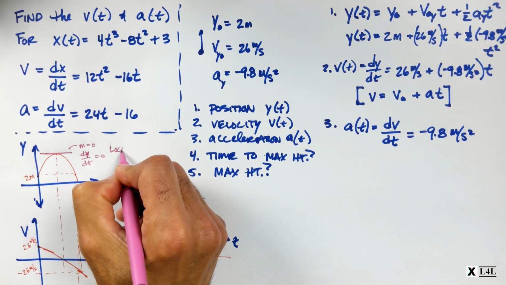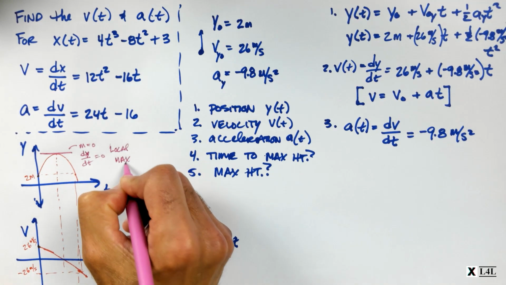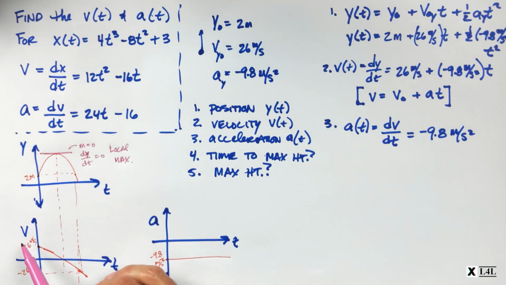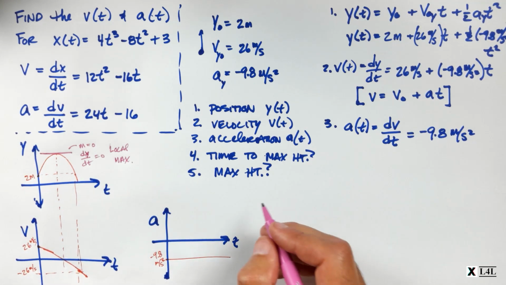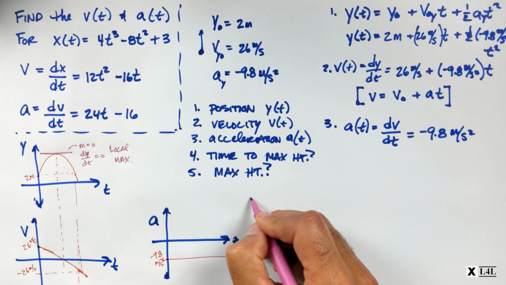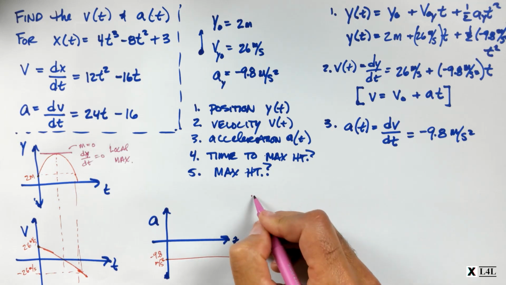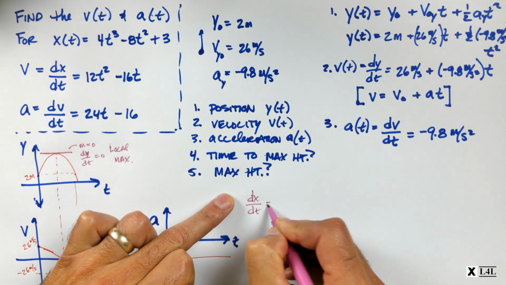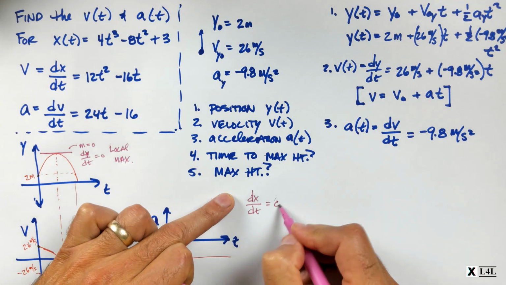This is a local maximum. Okay, so whenever your first derivative of your position function is equal to 0, so when, let's say, dx dt is equal to 0,